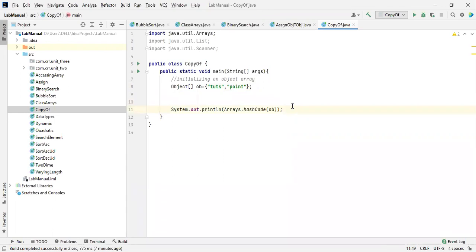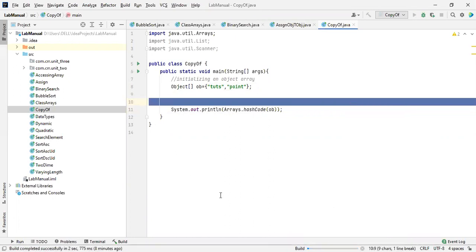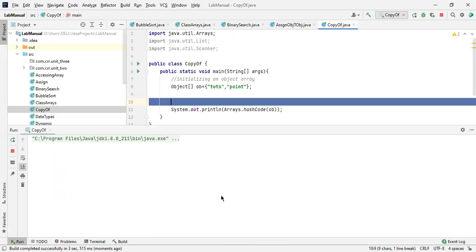So how are we going to identify an object? Because there are 100 objects available. How will you identify that? Based on a unique code. We'll call it a hash code. Based on this, we are getting a number. Let me show you that. It is a unique number. So each and every object has a different unique number, which is managed by the Java virtual machine.